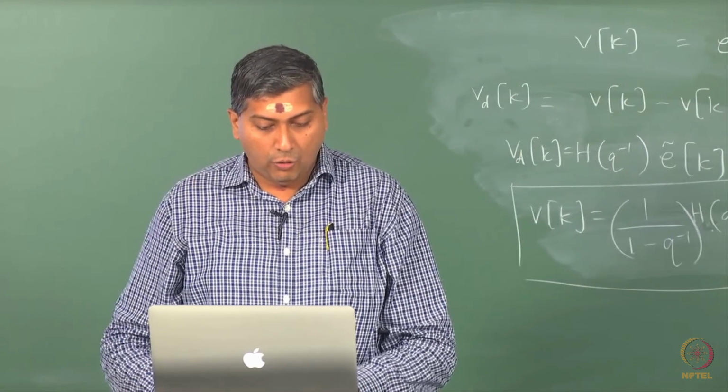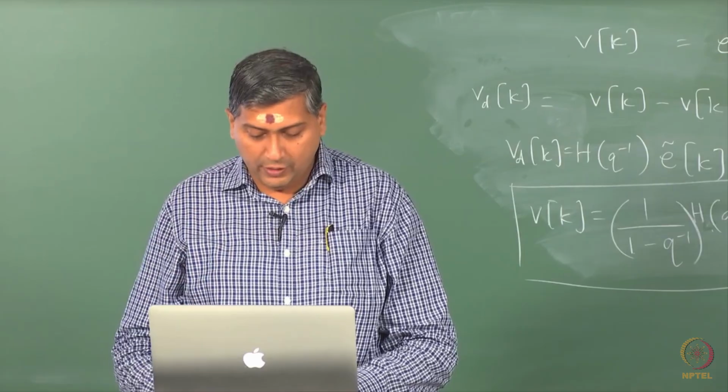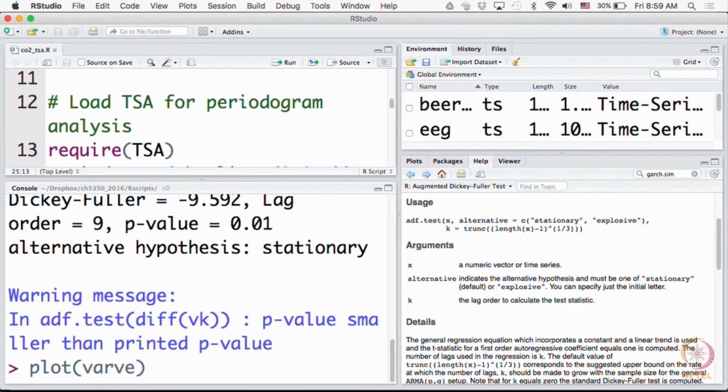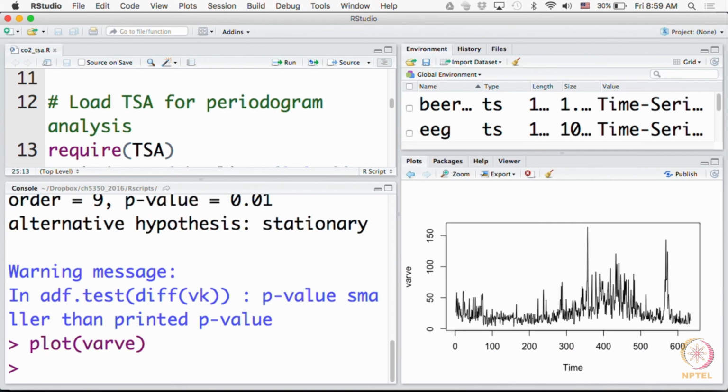I will just conclude with an example from Shumway and Stoffer. There is a series called VAR, which is essentially the deposition of sand and silt and so on in a certain location in Massachusetts in the US, not in the UK, over a certain period of time. If you plot the VAR series over so many years, you can see that the variances are locally exploding. The variances are changing with time, but this is not an explosive series as such. It is a stationary process in that sense, but the variance is changing with time.